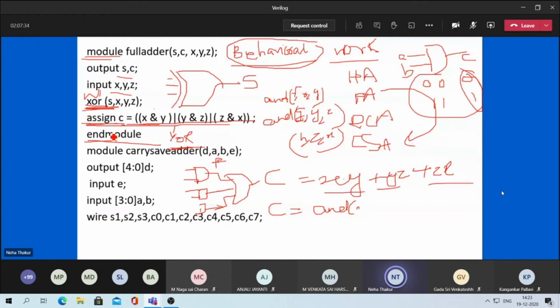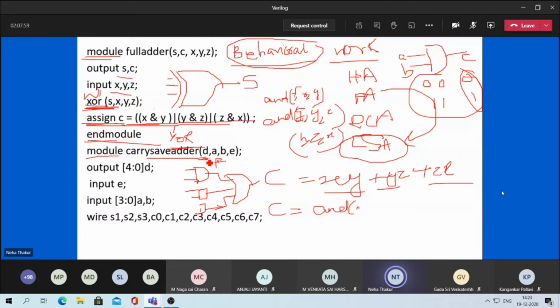Our objective is to repeat this full adder 8 times and make it as a carry save adder. So now we will create another module, carry save adder. Now in your work you again have one carry save adder as a new directory. And in carry save adder, what is the output?